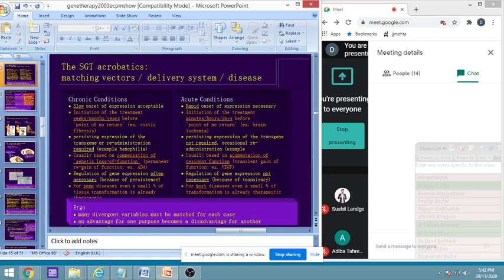Examples of these we can divide into chronic conditions and acute conditions. Chronic conditions have slow onset of expression. In acute conditions, the onset of expression is expected to be fast. In chronic conditions, we initiate the treatment weeks, months, or years before the point of no return, for example in cystic fibrosis. While here we need the effect within minutes, hours, or days before the point of no return. Point of no return means that once the gene is expressed, you cannot turn it back. Persisting expression of the transgene or readministration is required in chronic conditions,